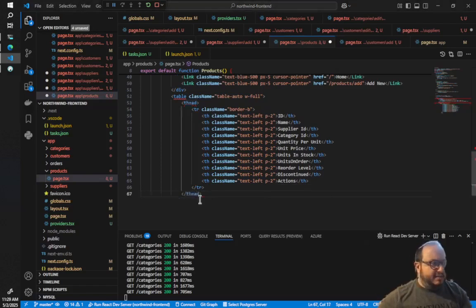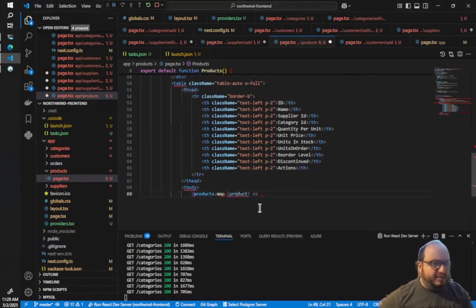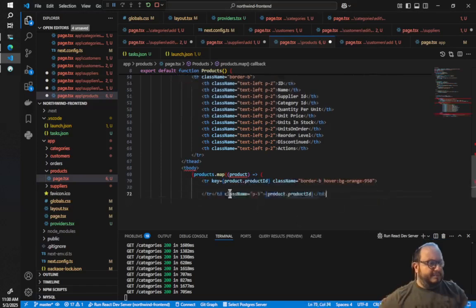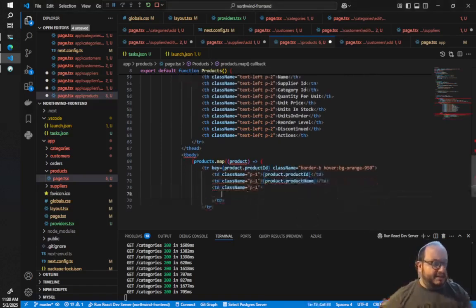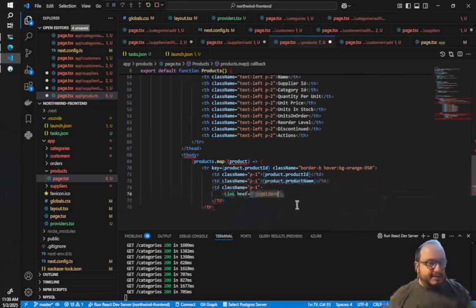Now we can go inside the body. Now we will map our products into table rows with the product ID and with the orange hover color. Let's start our first column inside that row, which will be the product ID. The second is the product name. The third is a little bit different. Let's write together. Again, same thing, but right now we need to have a link with a target suppliers/edit,